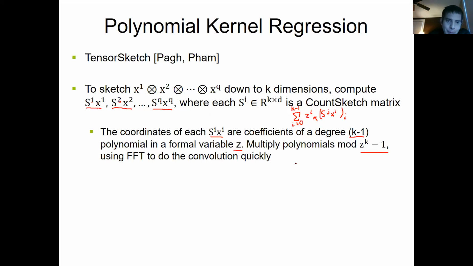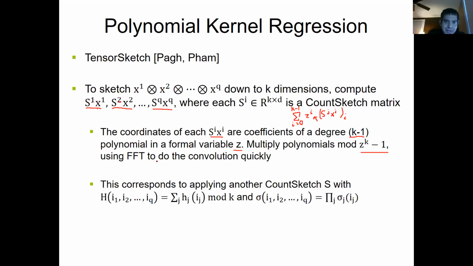Okay, I can do this very quickly using the fast Fourier transform to multiply polynomials. And so then I'm left with this new degree k-1 polynomial. And what is that? It turns out that if you look at the coefficients of that polynomial, it corresponds to having applied a count sketch matrix to this d to the q dimensional vector. But it's a very particular kind of count sketch matrix where the hash function, instead of uniformly randomly choosing the location of a non-zero in each column independently,